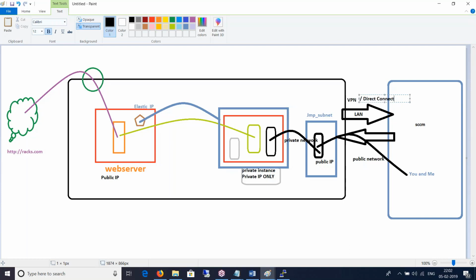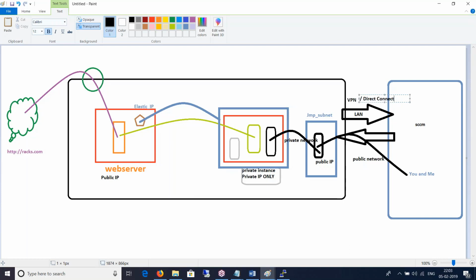If you want a lot of bandwidth, when I say a lot, it is up to 10 Gbps. So direct connect is supporting up to 10 Gbps of network bandwidth, whereas VPNs do not support so much bandwidth. So depending on the kind of bandwidth you're looking between your on-premise and cloud or AWS, you may choose VPN or direct connect.